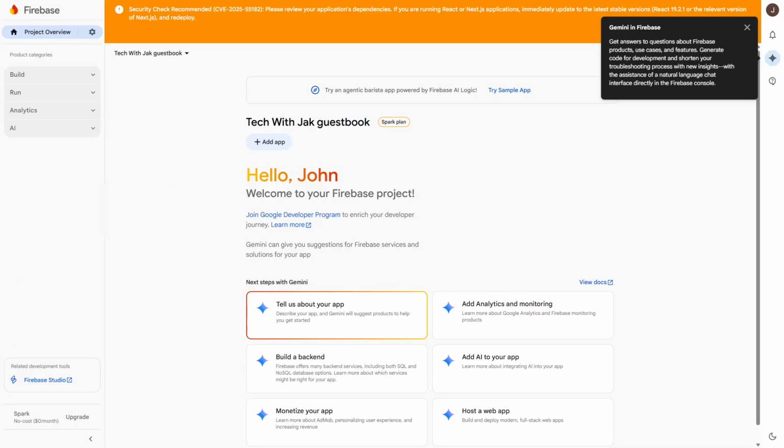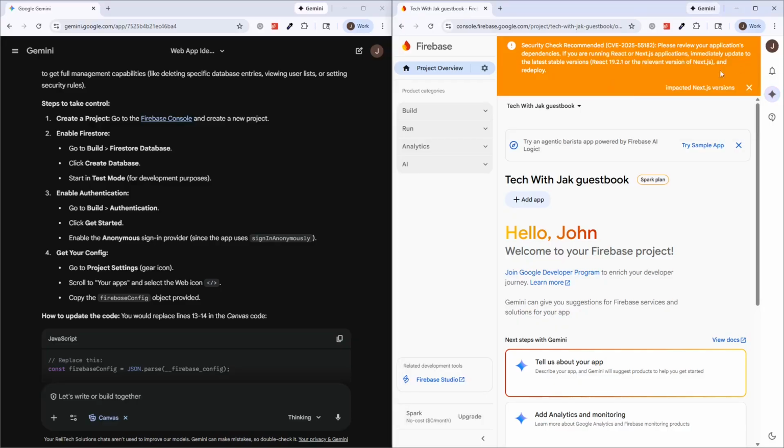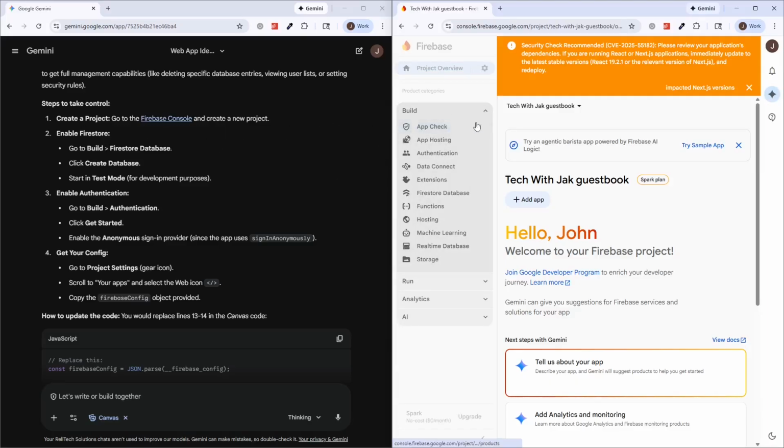So it is definitely a useful tool to have, especially if you're using Google. All right, and what we're actually going to do is just use the steps from the prompt earlier, as I am not too familiar with it, and we'll just see how it works out. So we're going to go to build, and we're going to click on the Firestore or